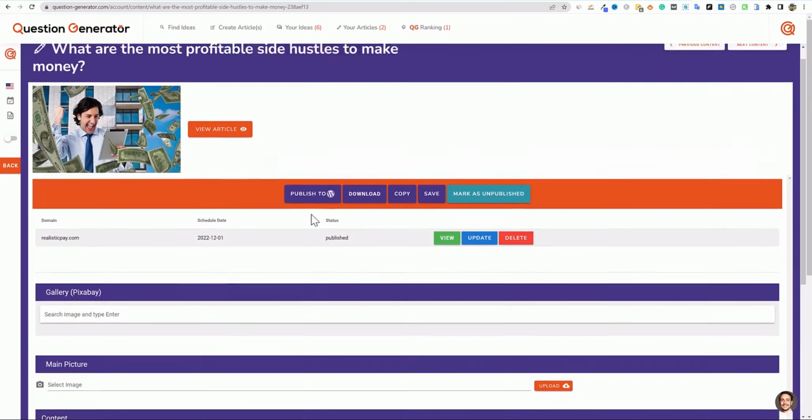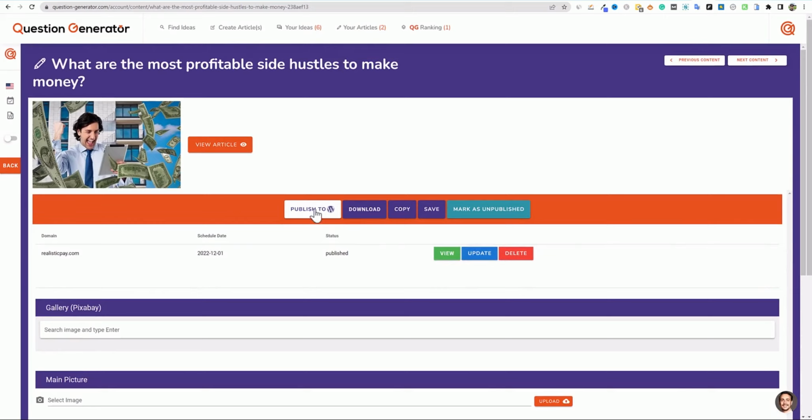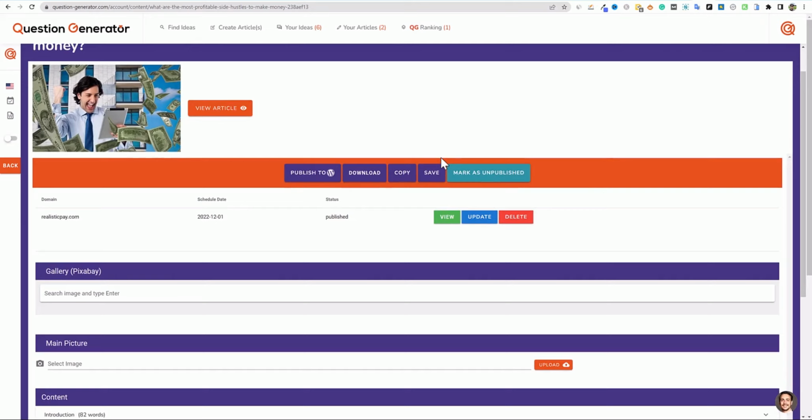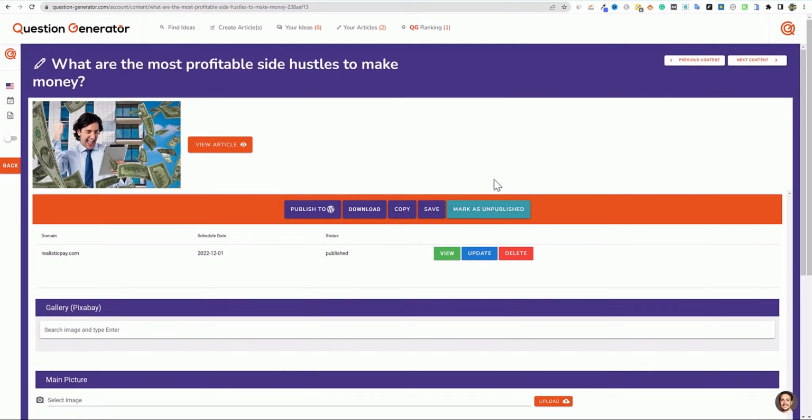So here's what the platform looks like right over here. We can publish it right away to WordPress. We can download it. We can copy, we can save, we can mark as unpublished. They even have a tool right over here. You can mark it. So I marked it as published. It means that I don't have to write this article again. I already published it. Really cool. I like when developers are thinking of the actual customer and the user, these little things like this, so we don't get lost just saying that we published it. I really, really like that